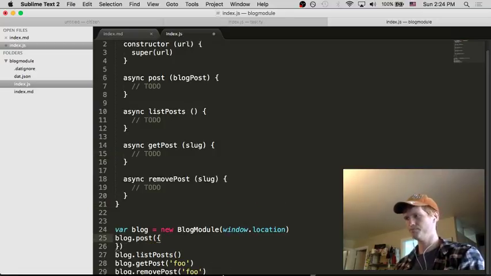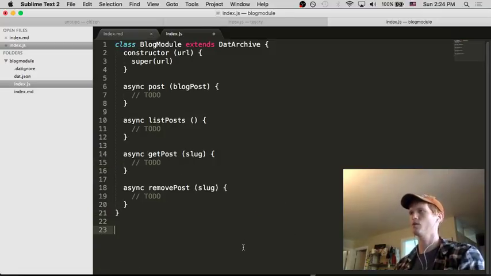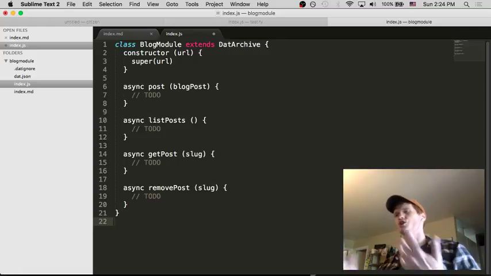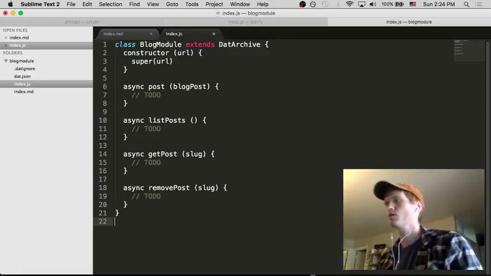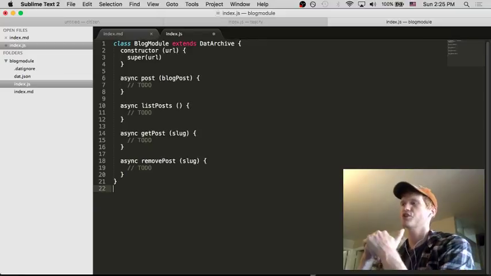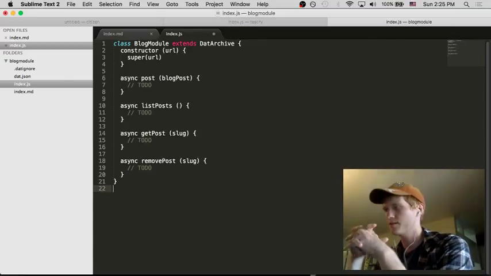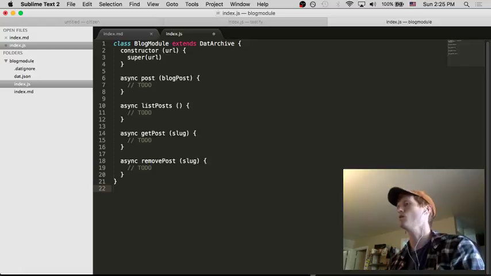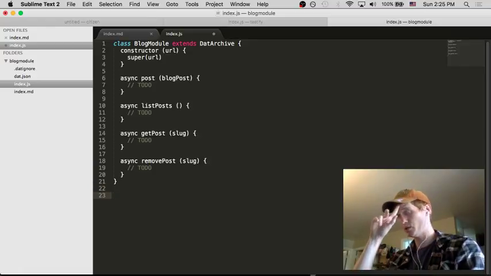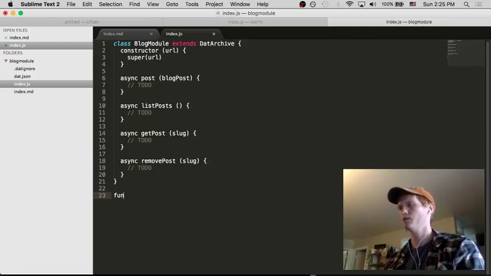Okay, that's done. So now we've got the shape of our interface. Probably going to be more functions added as we go, but that's the basics. Let's go ahead and write a quick blog post validator. That's an important thing to do,